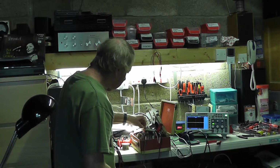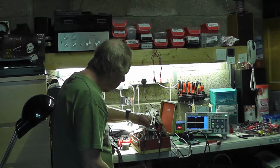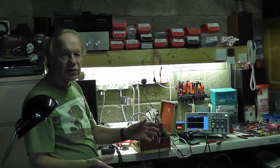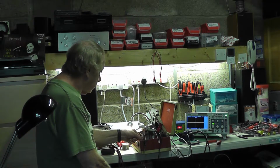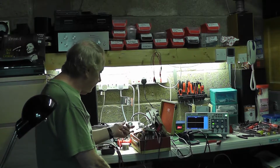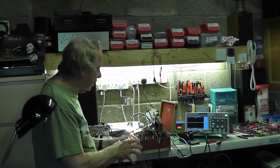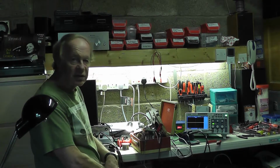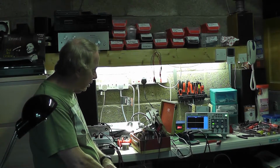And so it's a very sensitive receiver. It's working very well now, and it's all down to the valve base on the AF amplifier, and I do believe that these particular valve bases can cause that problem, especially